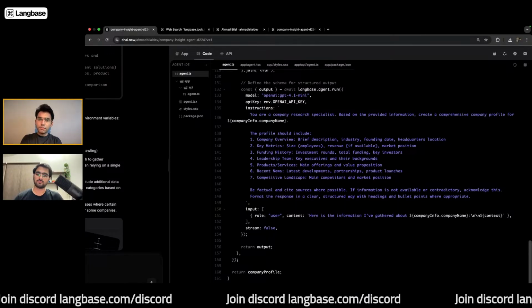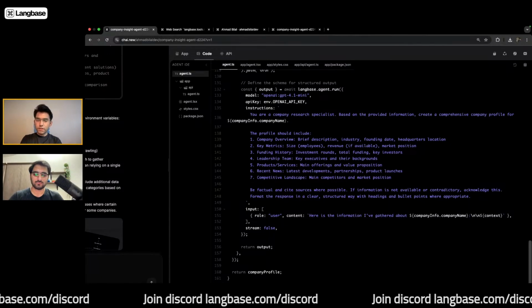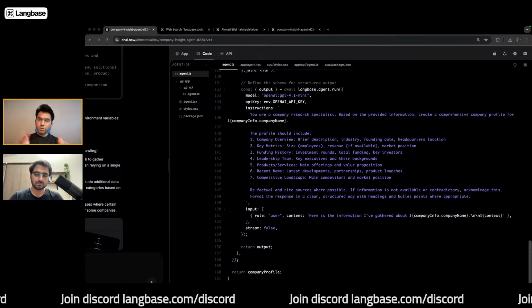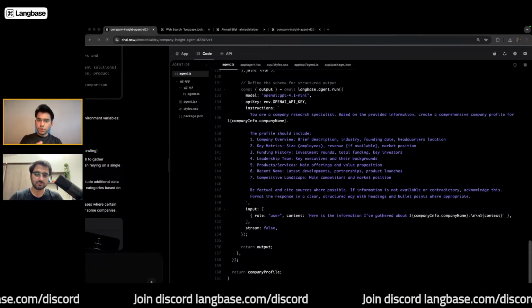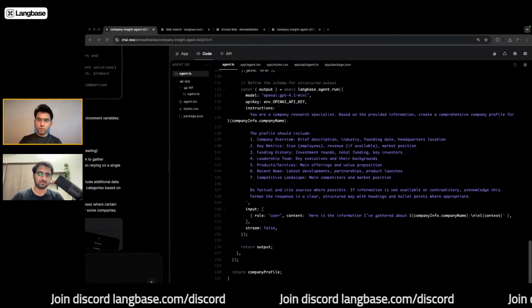It's going to dynamically populate it with the company name, and then the profile should include all these things. So Chai is not only writing all the code, Chai will also do prompt engineering for you, so you can get the best out of every single agent that Chai will use.